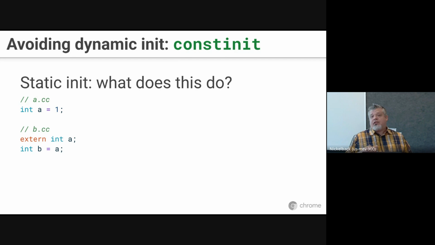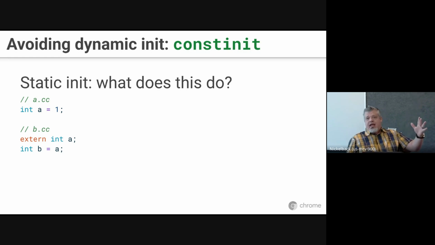So what actually happens likely is going to depend on the actual order that you passed these object files to the linker, because it's probably going to just take them in order or backwards order. Who knows? Now, this is solved if you have A and B as constexpr, because they're doing static init, so they can't depend on each other at runtime, and therefore the compiler is going to catch you if you try to do something like this, and it's going to say, for one, when they're in different source files, b.cc isn't even going to compile anymore,